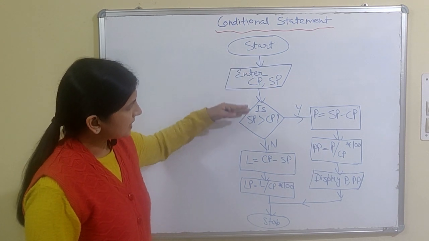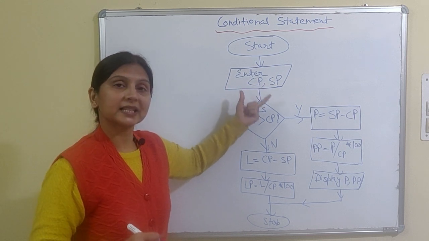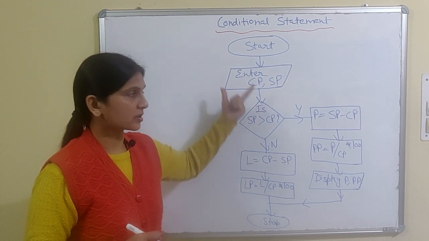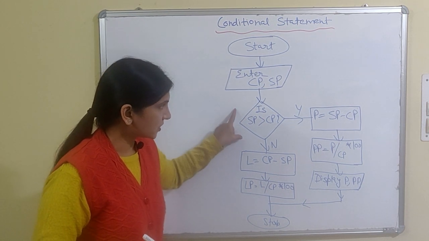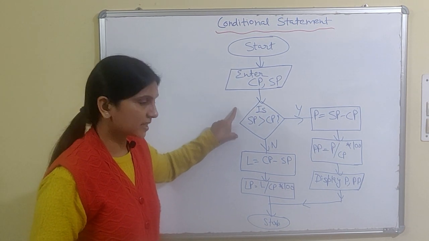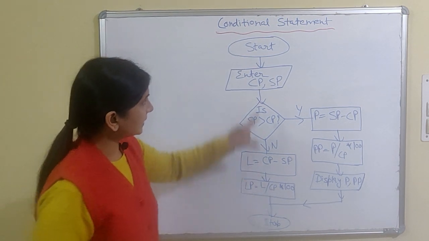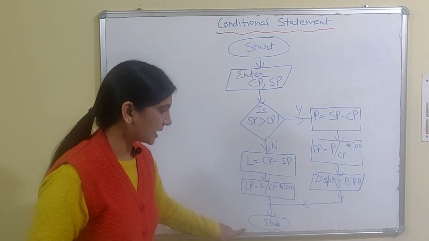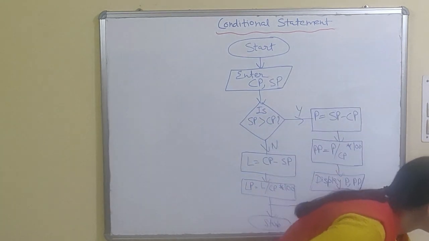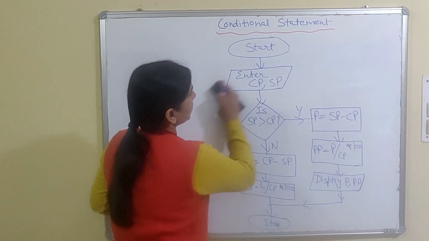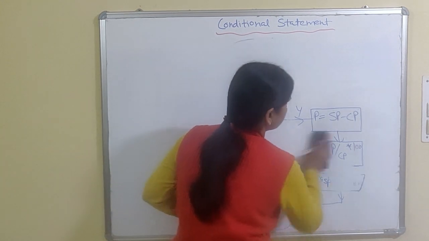Fine. Step by step we have to go, and instead of writing the step, we will represent the step with boxes. Boxes of different shape. For input, parallelogram. For decision or for condition, we will use decision box. For calculation, we will use process box. And at the beginning, start. At the last, stop. Fine. Now we will make a program. So program, after the flow chart we will make the program of the same task.